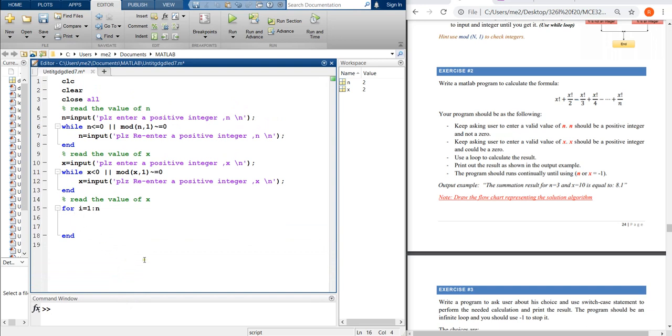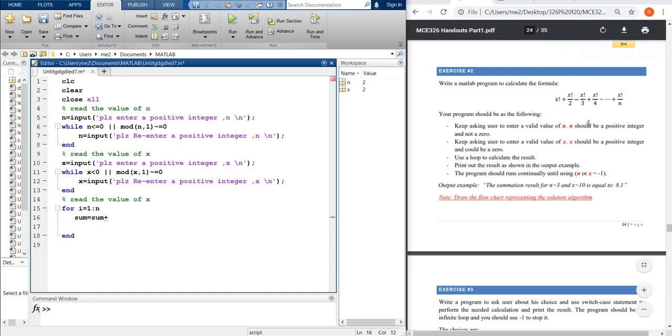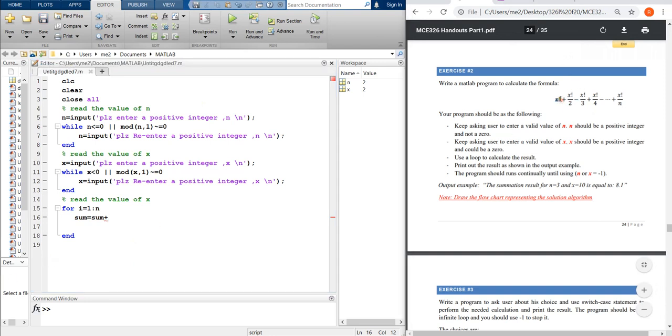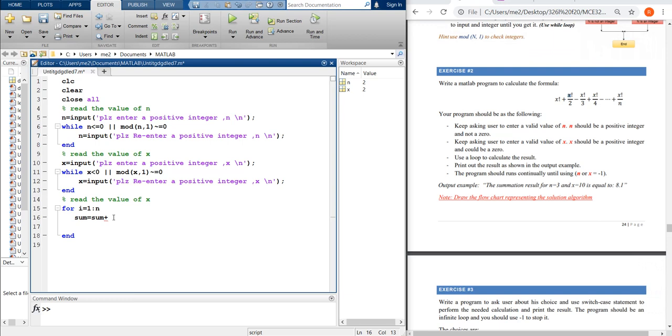Inside this loop, we can say that we want the new sum to equal the old sum plus the term, which is x factorial divided by a counter. For the first term, it is x factorial divided by 1. For the next one, x factorial divided by 2, and so on. So here we can write factorial, it's a built-in function, factorial